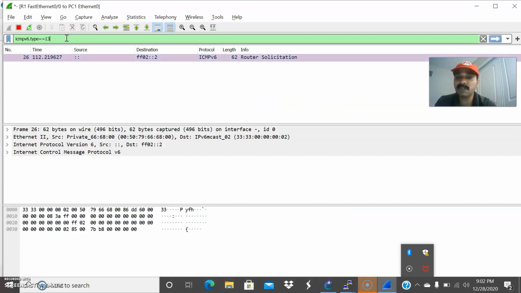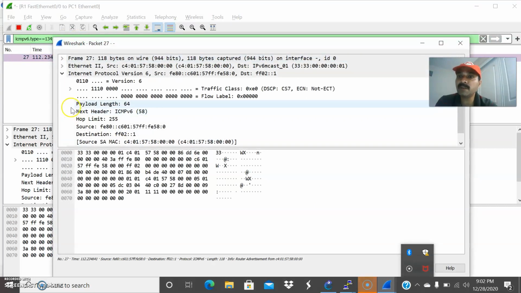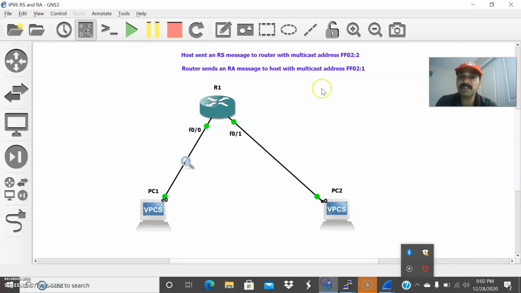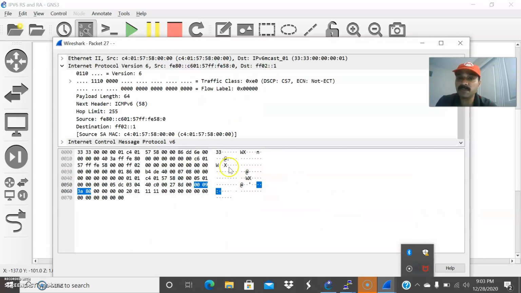You can see the router advertisement: the source is the link local address and the destination is FF02::1, which is a multicast address for all nodes, while FF02::2 is for all routers. A node is nothing but a host, right? So the host requires RS, that is a router solicitation, and the router will reply with the router advertisement messages.